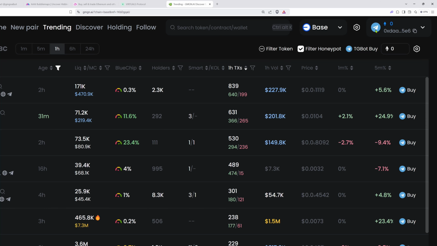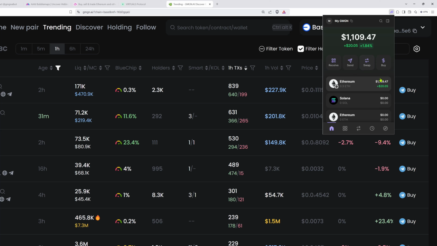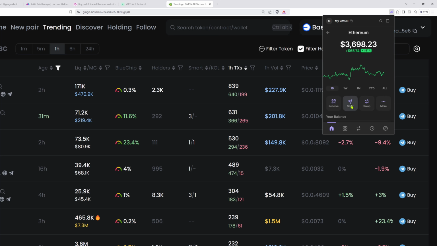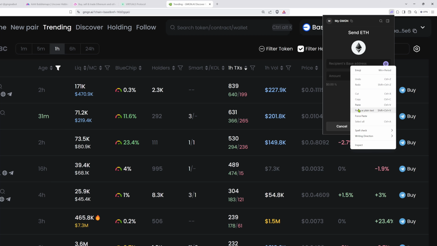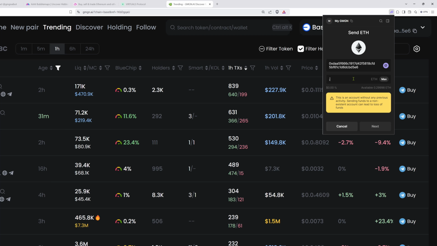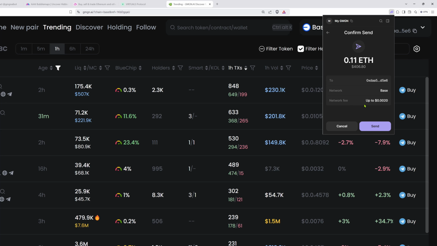Okay, guys? As you can see, this is a different address. So what I need to do from here is send some Ethereum to this address. I'll copy that. I'll go to my Phantom where I have my Ethereum, send to that address. Okay, so I'm going to send 0.11 there. And yes, 5EC, that is it there. And we send it. As we wait for that to confirm, it will actually take a few minutes because the team needs to verify this. It'll take a few confirmations, maybe about 10 minutes or less.